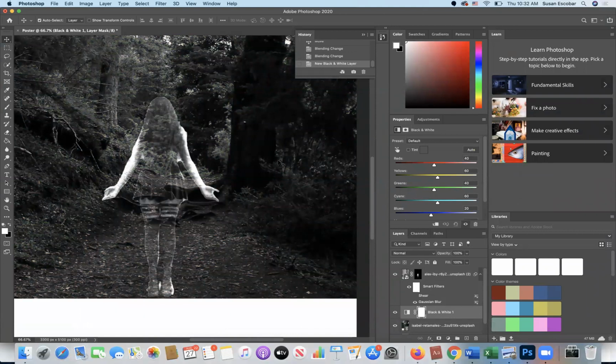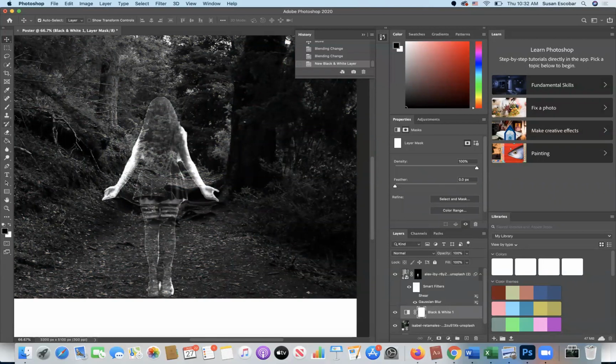So now just by taking that and going in and adding adjustments to the layer, I added this adjustment layer is affecting everything that is below it. If I had an area that I didn't want it to affect, like say I wanted this particular tree to be green or something like that, I would go in, select the mask,